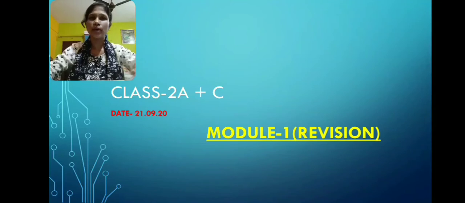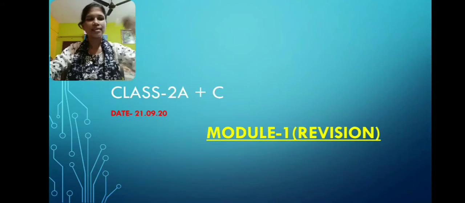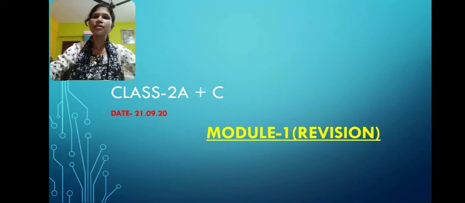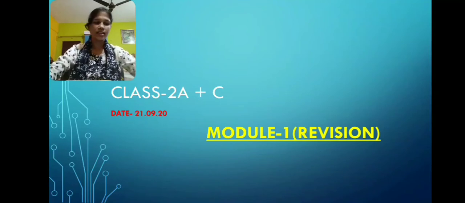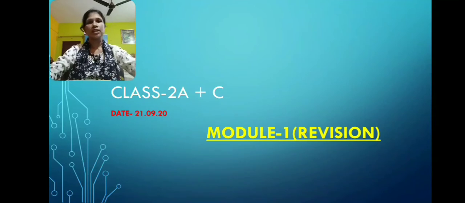Basically, number one, we had a title, which represents the name of the story. Second, we have the characters, which represent the people, animals, etc. of the story. The third one is the setting, that is where the story takes place. And fourthly, the events, which represent the things that happen in a story. So these are the four elements of a story that we discussed.